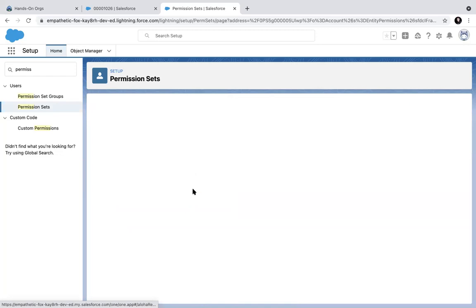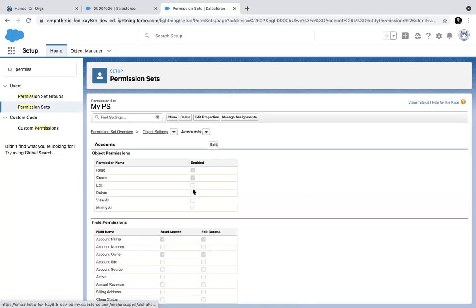That means combining the profile and permission set, you actually have read, create, and edit. So permission set will add to whatever permission you have on profile. Okay, you can enhance or increase the permission using permission set. You cannot decrease permission using permission set. Okay.